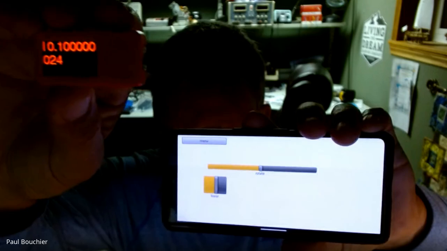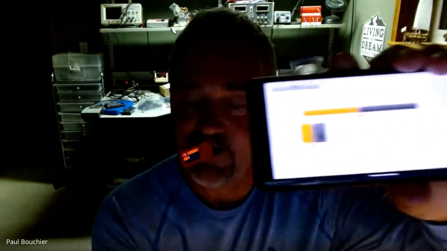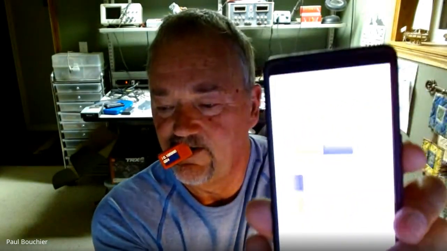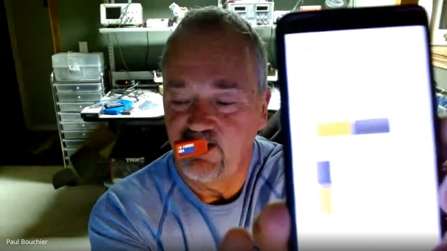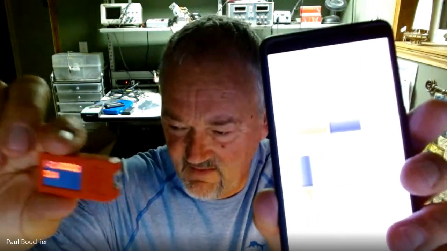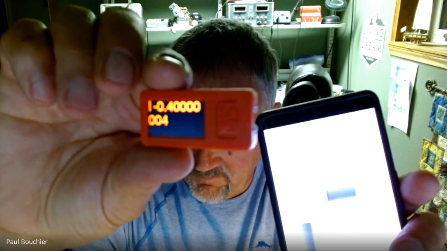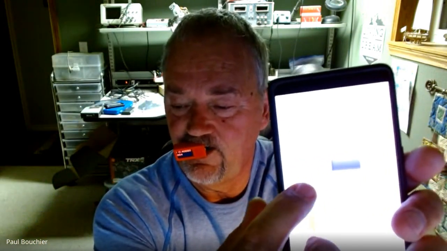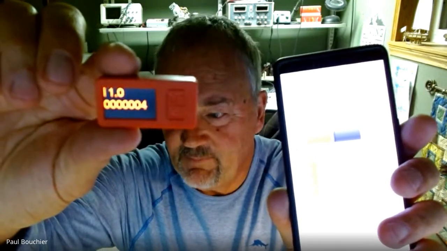So hopefully you're seeing L 0.11000, lots of zeros. If I change the slider here, it changes to L 0.4, minus 0.4, and I slide it off of it, L 1.0. You need that third hand there, I think. I do. So this is sending a slider command from the cell phone to this ESP32 device running